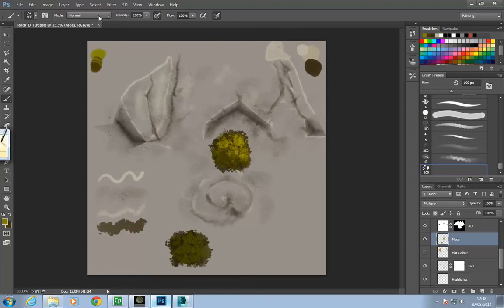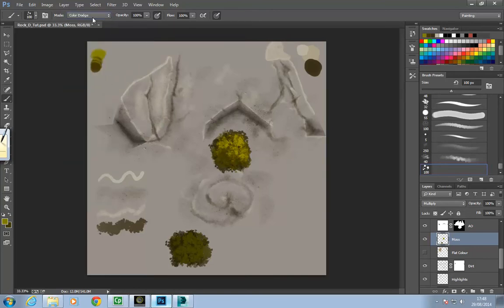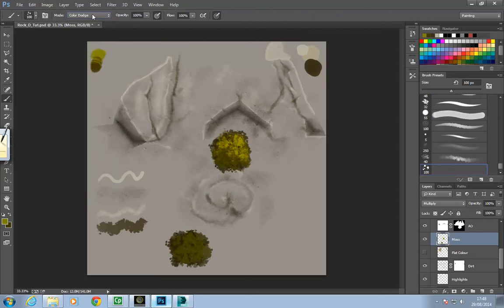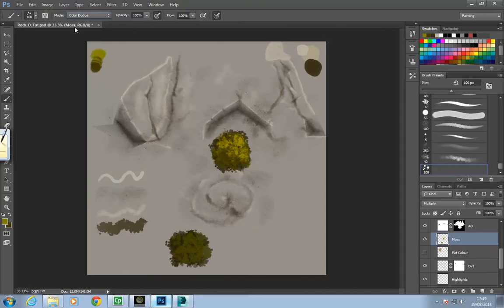it can be a bit destructive, but if you experiment with it until you've got a handle on exactly what you want. I've changed the mode of my brush here. It's similar to the blending modes in your layers. It has a very similar effect. So if you do that, you'll notice there's a highlight around there. Press return afterwards to stop that. So I just do that again. Color dodge. You can see it's selected. Just press return. And what I'm going to do here is just paint in a few highlights,